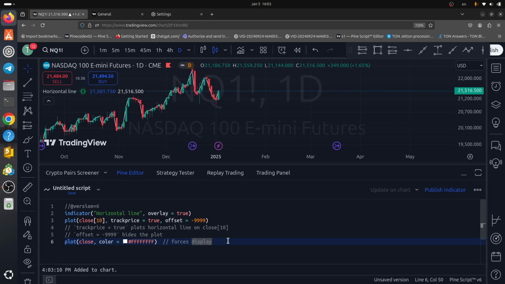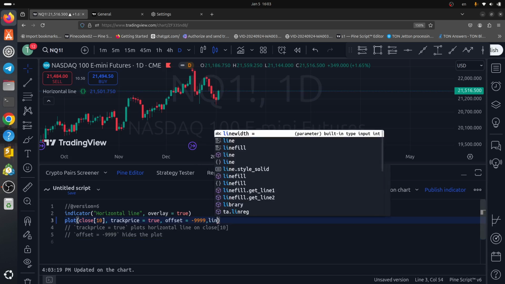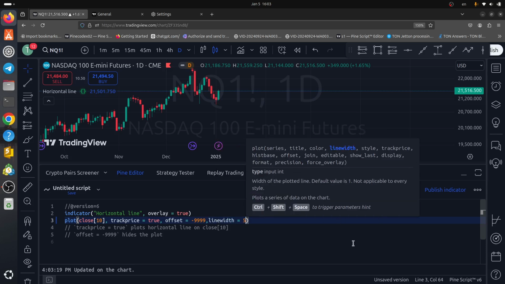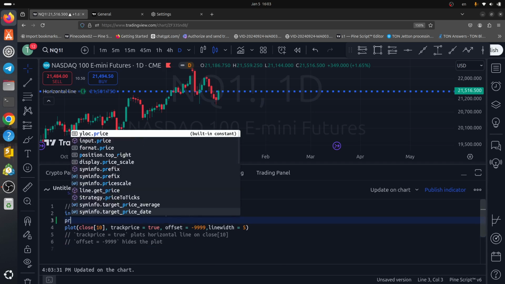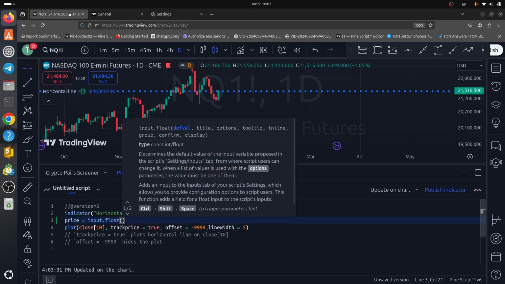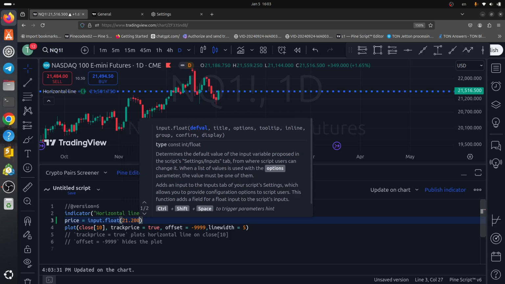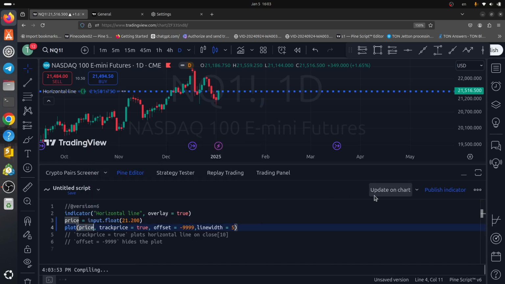Here, no need for this plot. Here we can add line width, increase line width to 5. So as you see on this price, for example, if I add price equal to input.float 20, and I change it to price and I update it to chart,